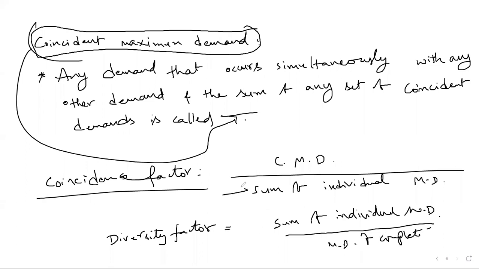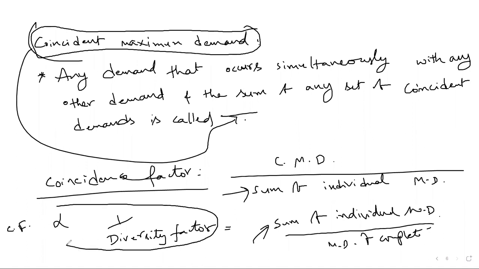So see, the numerator and the denominator here are the same but swapped. So shall I make this an inversely proportional relation? The coincidence factor is inversely proportional to diversity factor. Shall I conclude like this? Yes, sir. Right. So note down that conclusion and take a break of 15 minutes, and then we will get back by 10:45 or 10:50.